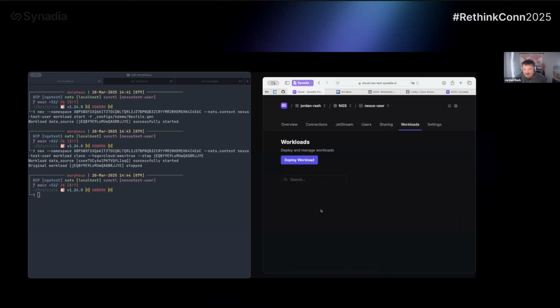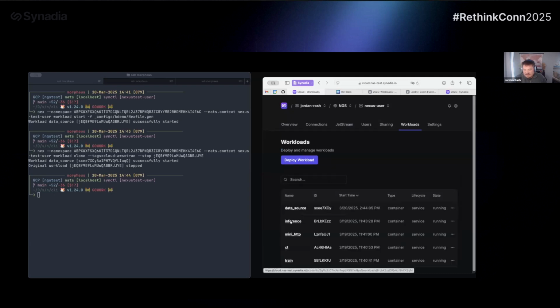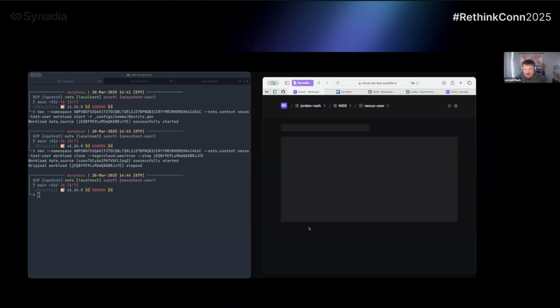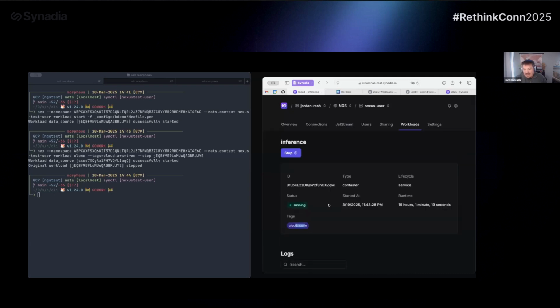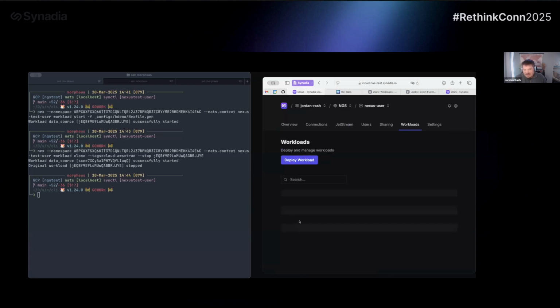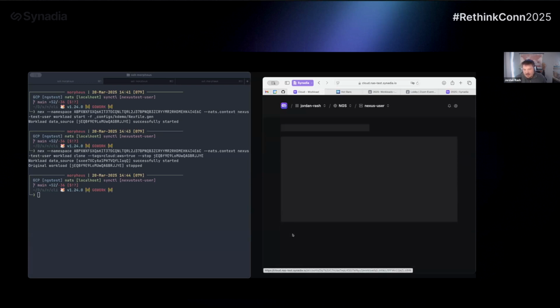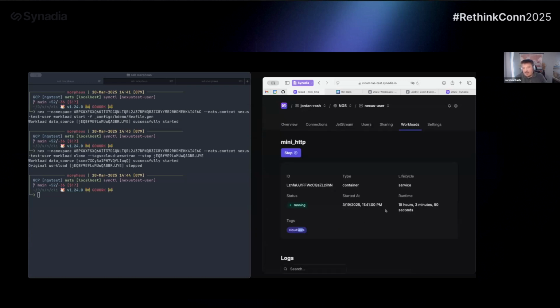We have our inference engine, I believe, running in Azure. And I believe the HTTP website y'all are all interfacing with is running in AWS. So it's a multi-cloud, multi-geo application, all running over NATS, using NATS primitives.